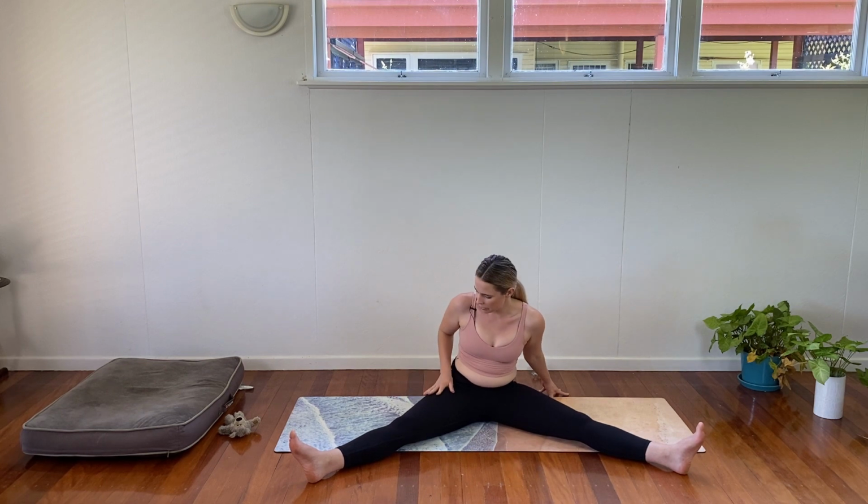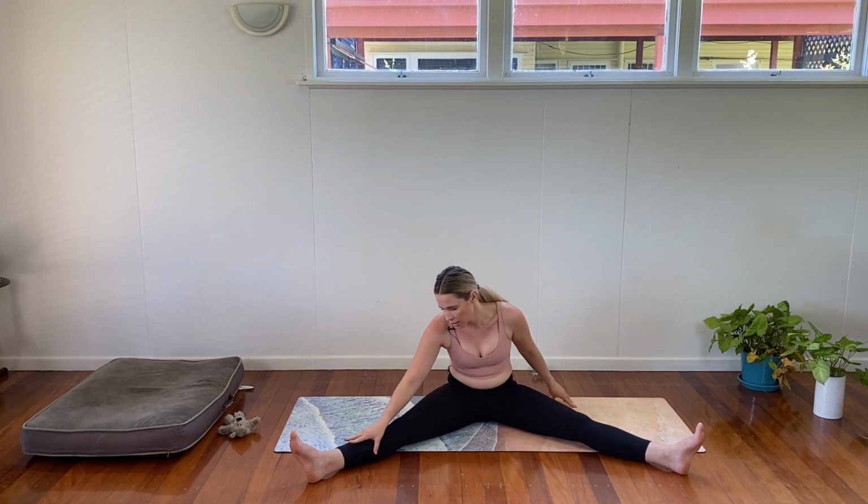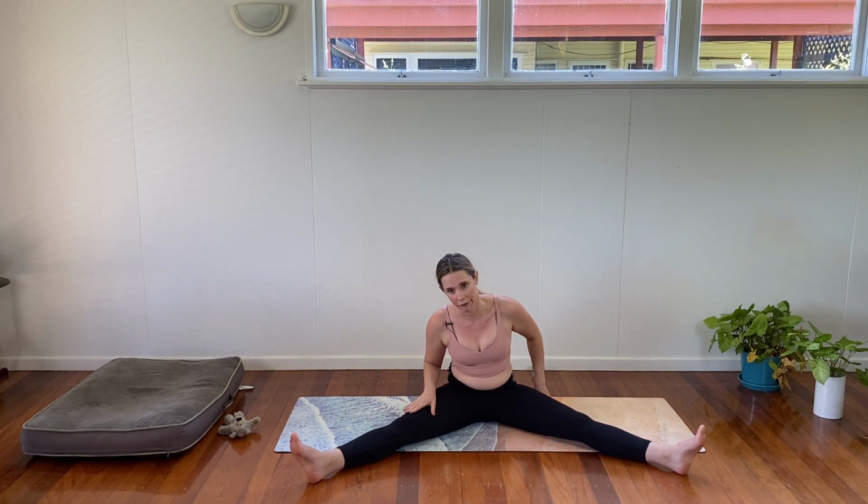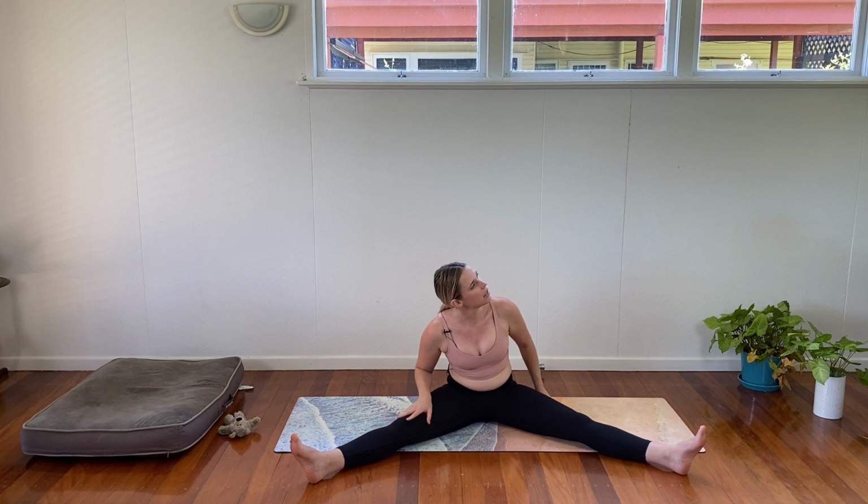Now when we're ready, we're going to send our right hand on our right leg, slide it down. And it might just be to our knee, it might just be to our thigh, find that space. Now let's just gently send our gaze over towards the left. Now this is before we do anything with the left hand, so we're opening up the chest and collarbones and